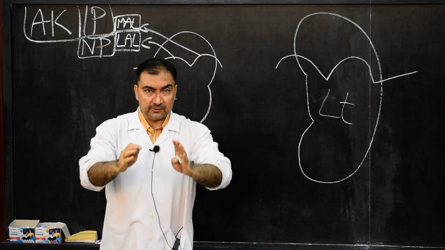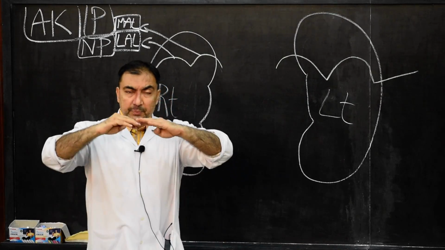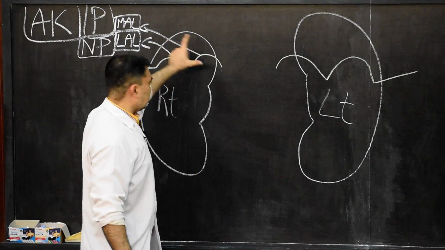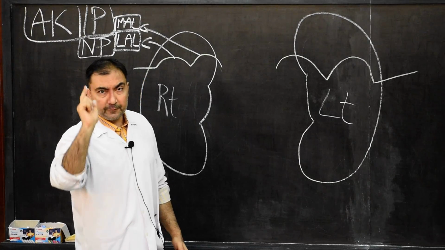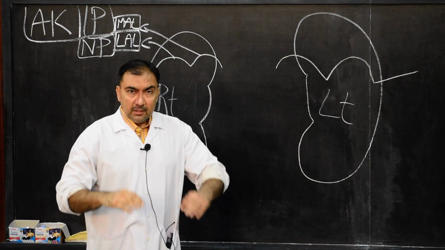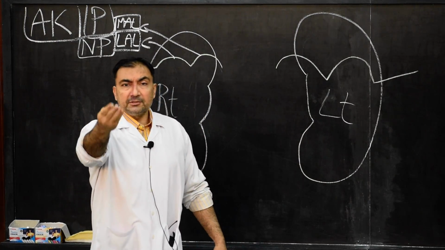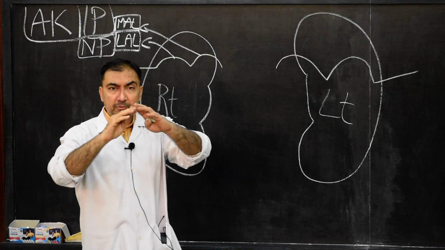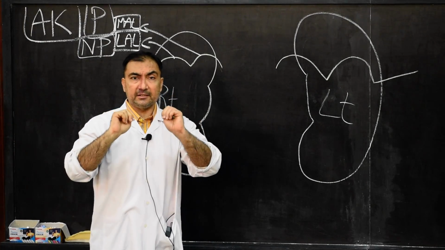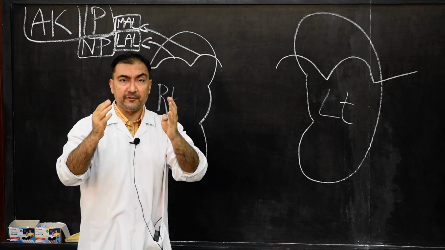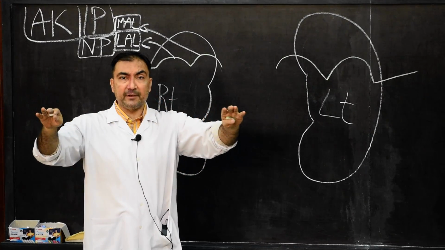Remember, these are the relations of the posterior surface of the kidneys, upper and lower part. This is the upper part we are describing. So this first point we have finished. Second point, what lies above the diaphragm? The costodiaphragmatic recess, which we have discussed exclusively in our lecture on the gross anatomy of pleura. I have discussed with you what the costodiaphragmatic recess is.